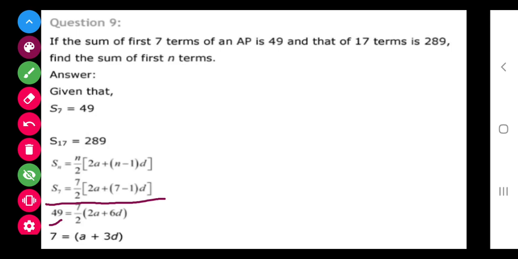On solving this equation, taking 2 to that side, taking this 2 to this side, 7 down, on solving you will get this equation in shortcut. One method is to multiply 7 inside, 2 to that side, but they have not done like that. They have just cancelled this 2 and 7, and after that they have taken 2 common from this and divided by 2. They have done it in this way. You can solve in any form, use your own method.